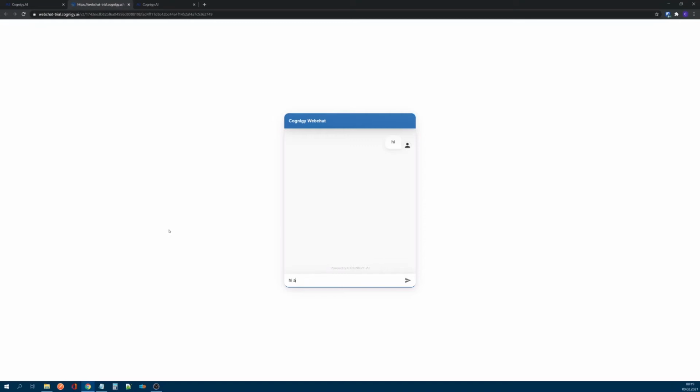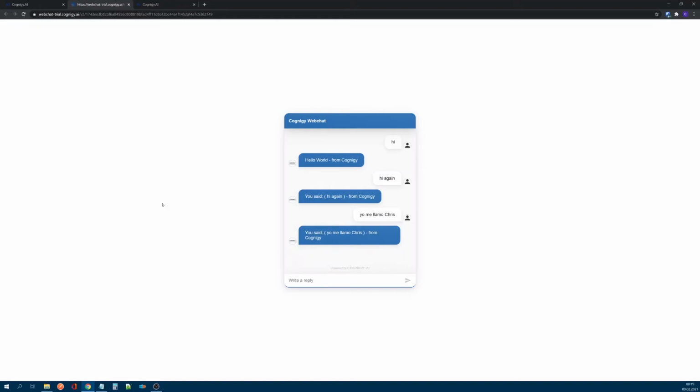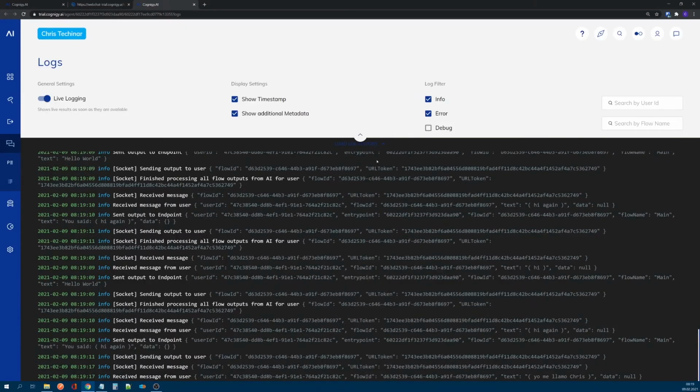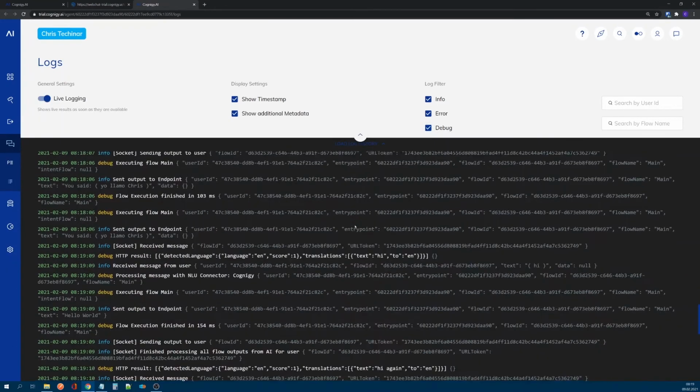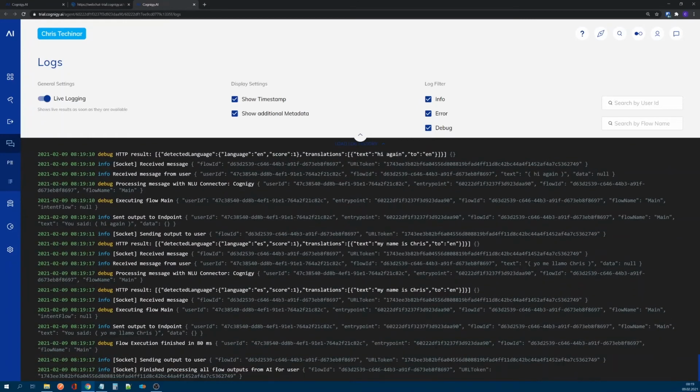So hi again, and press, and you can see that it's still not translating. However, if we look at the logging section, you can see, oh, no error messages. And if we turn on the debug messages and scroll all the way down, you can see now we actually log